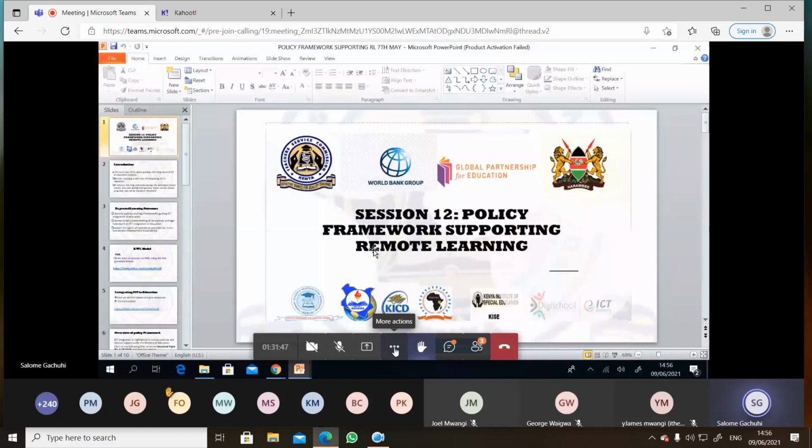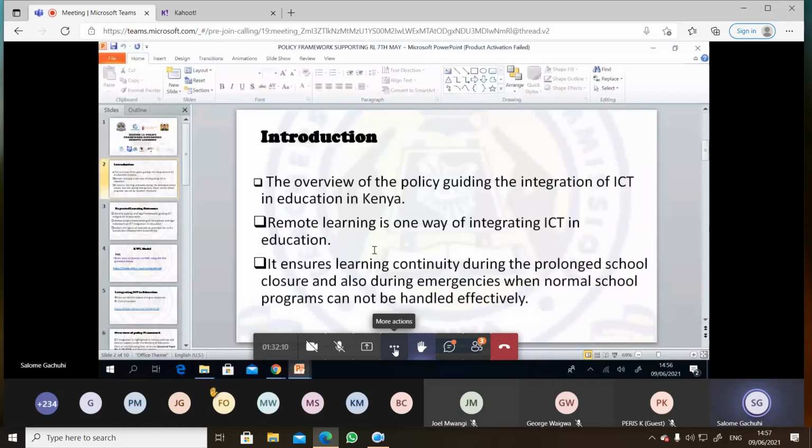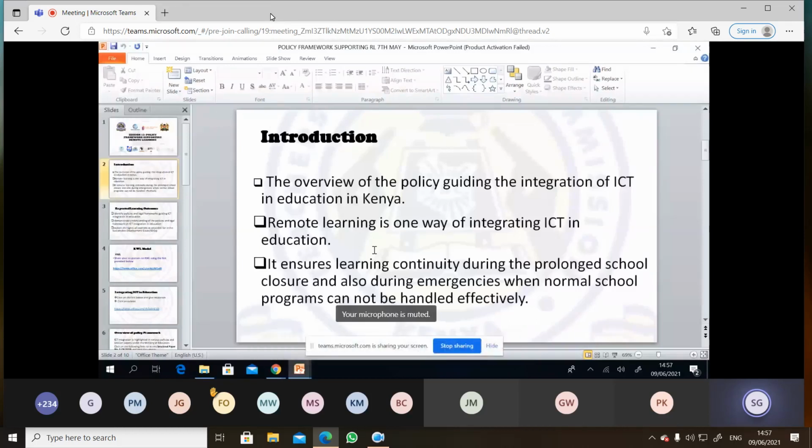Education in Kenya has been going through various changes. So we are going to look at the introduction, where we look at the policy guiding the integration of ICT in Kenya. And also we are going to look at remote learning as one of the ways we can use for ICT integration, and how remote learning ensures learning continuity during prolonged school closure, and also during emergencies like the way we have witnessed with the